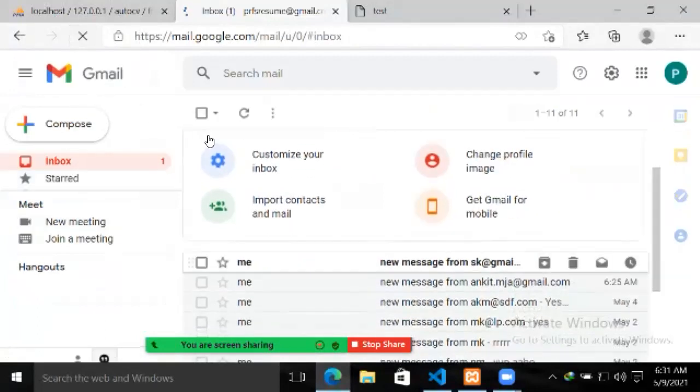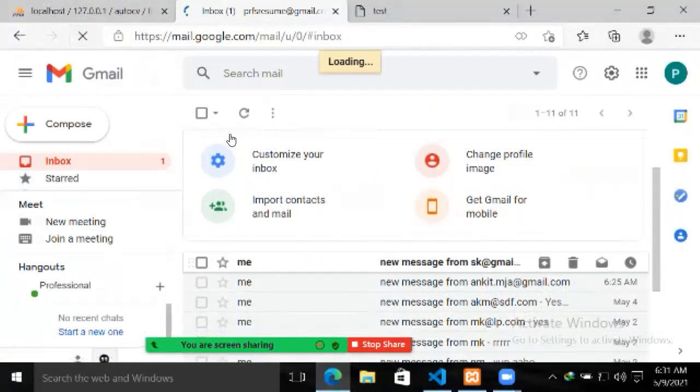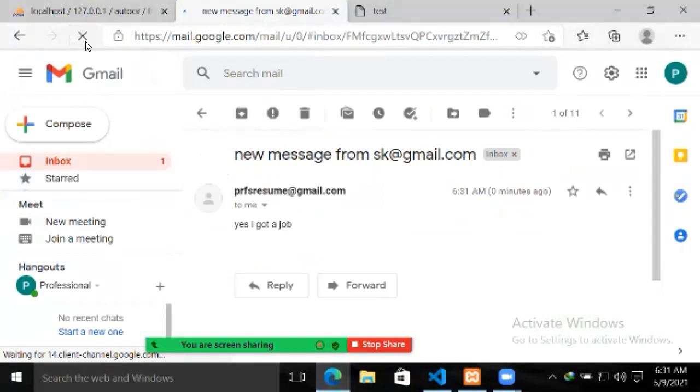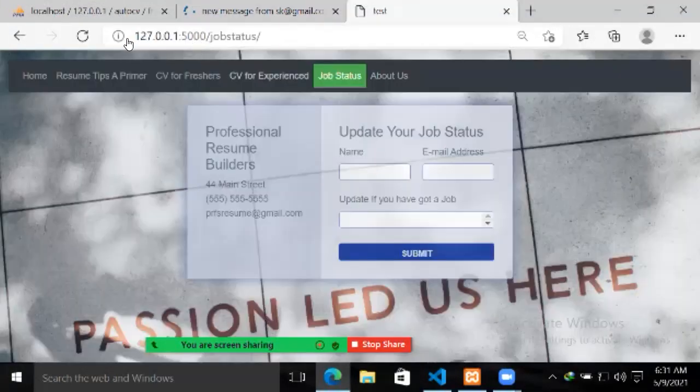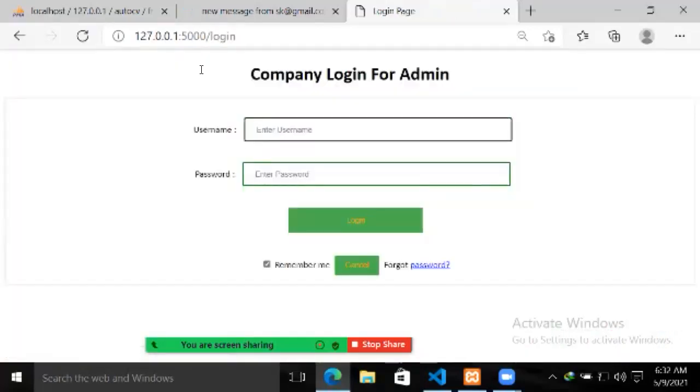Now here you can see a new email has arrived in my company email. Here I will see his message that he has got a job. Then I will again go to my website and go to the company admin page. Here I will enter the username and password and log in to my admin panel.